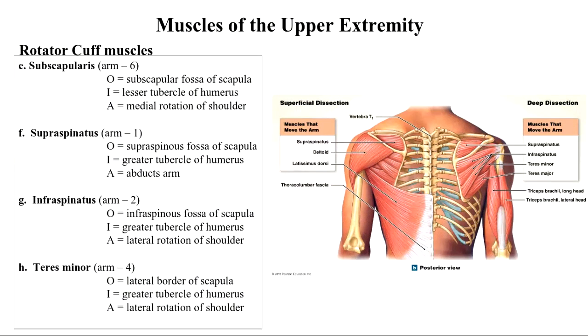And then the rotator cuff muscles. The subscapularis is probably the only one you're not going to be able to see on this image. So I probably want to ask you about the subscapularis. There are 4 rotator cuff muscles. 1 of them is anterior, 3 of them are posterior primarily, but they all come off of the scapula. And so the subscapularis you really can't see that well. But the ones you can see really well are the supraspinatus, infraspinatus, and teres minor, which you can see all